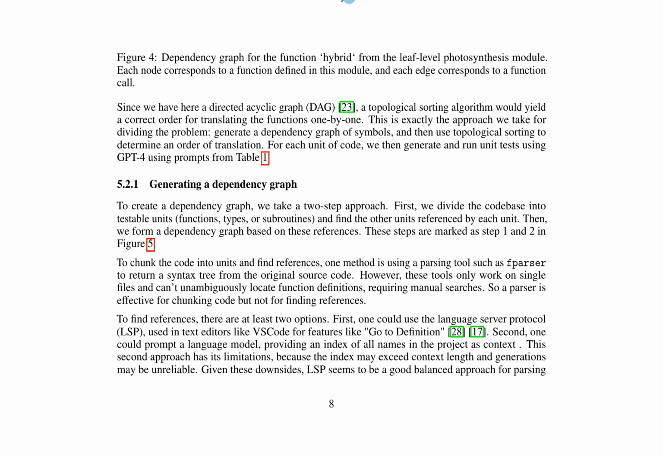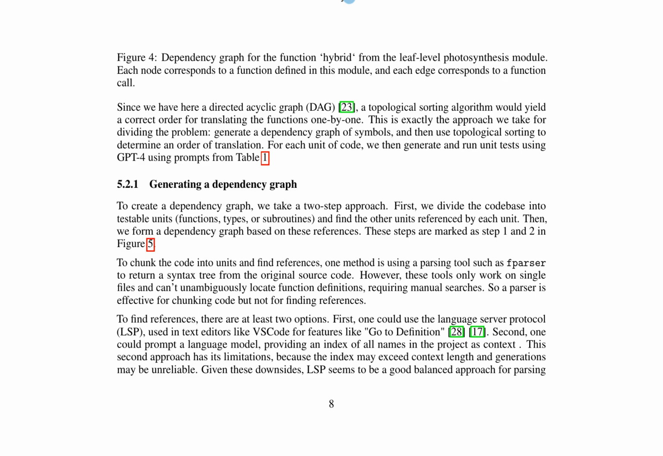Overall, this research presents a novel method for translating Fortran code to Python, leveraging the capabilities of LLMs to assist in the process. By dividing the codebase into manageable chunks, generating a dependency graph to determine the order of translation, and utilizing tailored prompts to elicit specific responses from the LLM, the authors demonstrate a promising approach for automating the